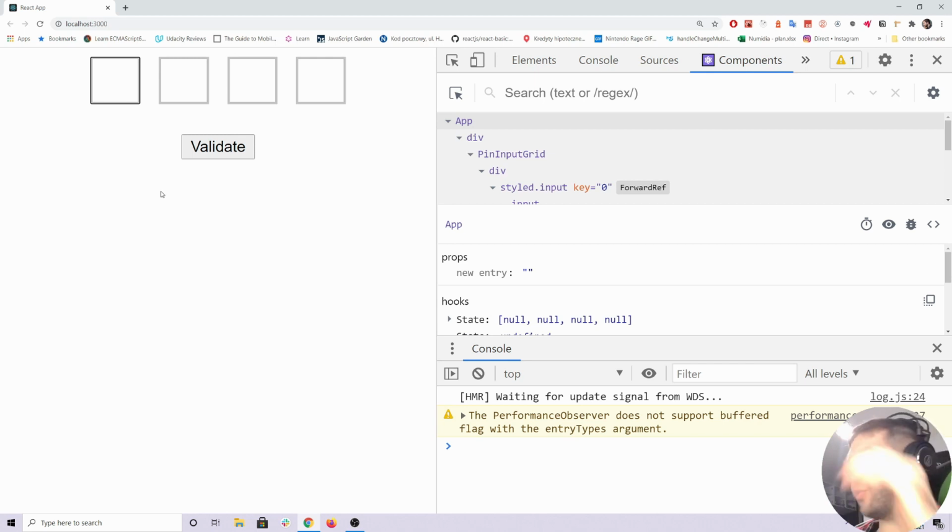Let's see. Oh, I had a really nice haircut. Yeah,